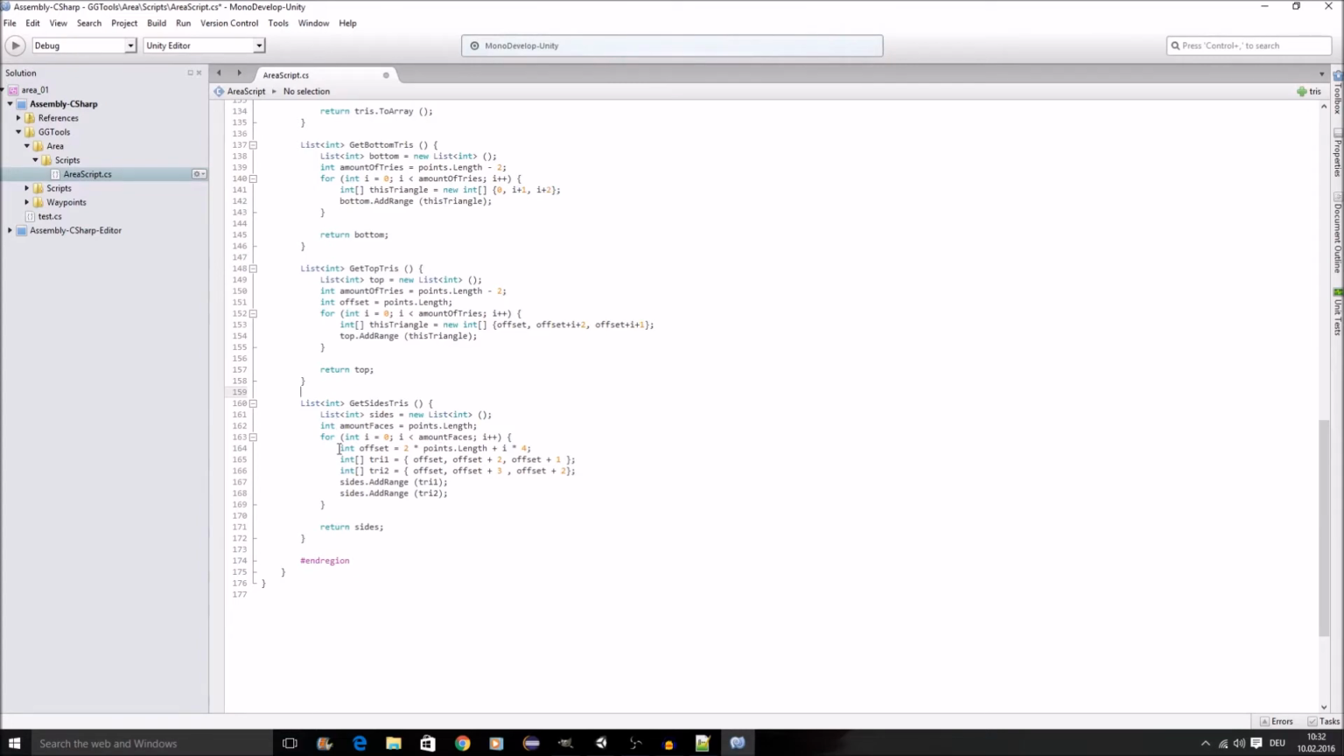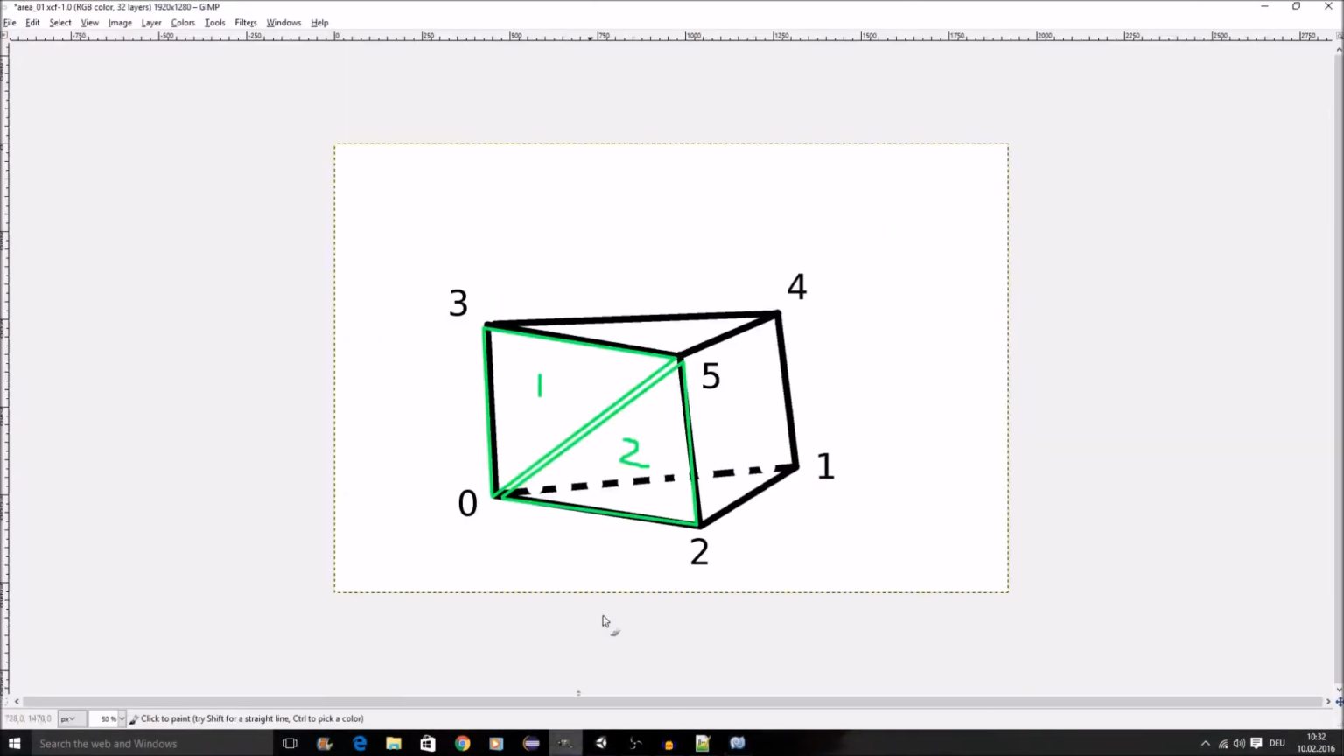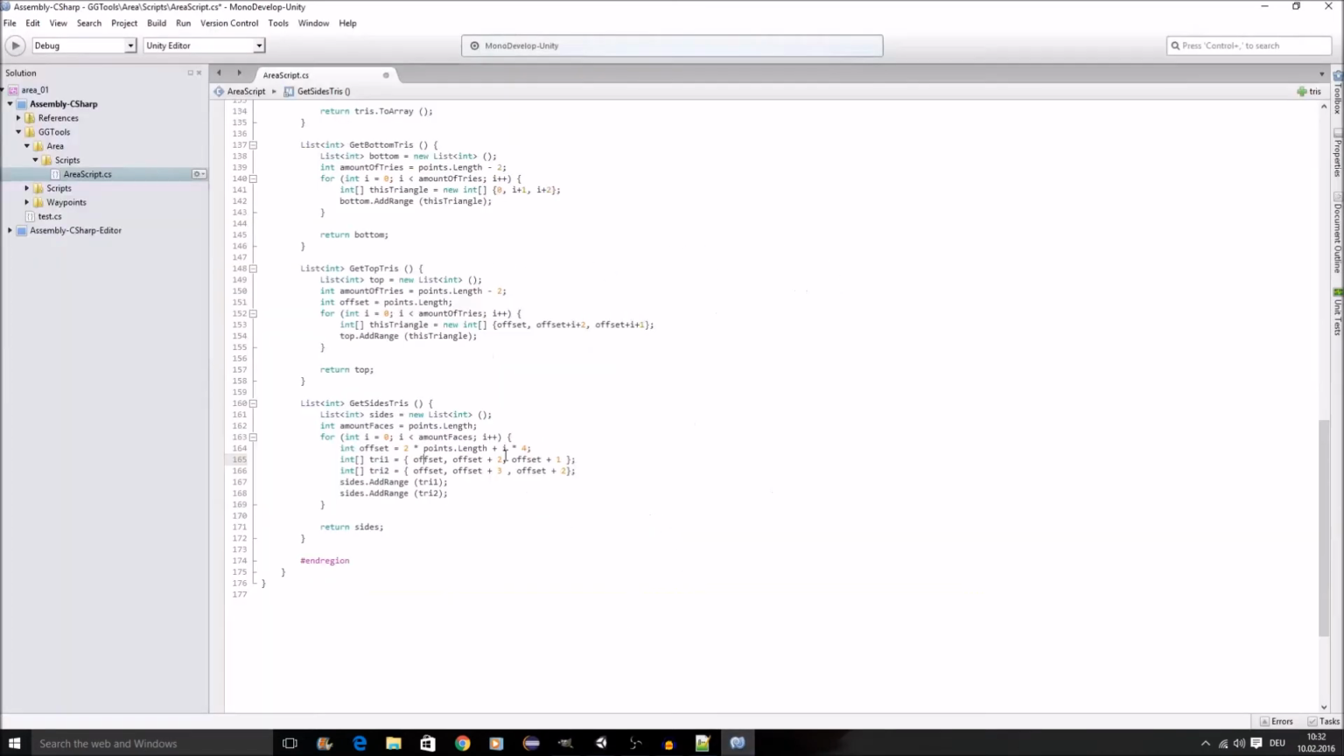So the first thing I'm doing is to create an offset, which is, sorry, I forgot. For our vertex array, we have first the bottom vertices, then the top vertices, and then our side vertices. So if we want to access the side vertices, we need to have an offset holding the bottom vertices and the amount of the top vertices all together. So this is what we do here. We create our offset 2 times points length,